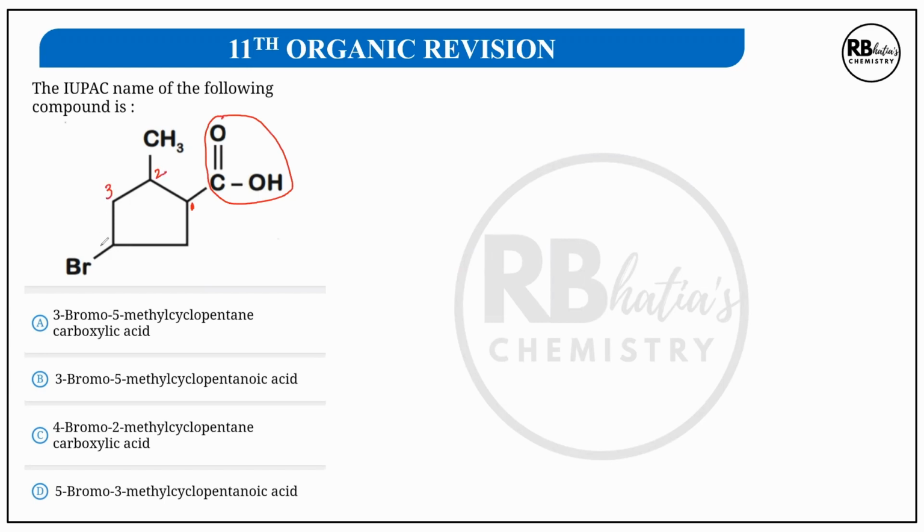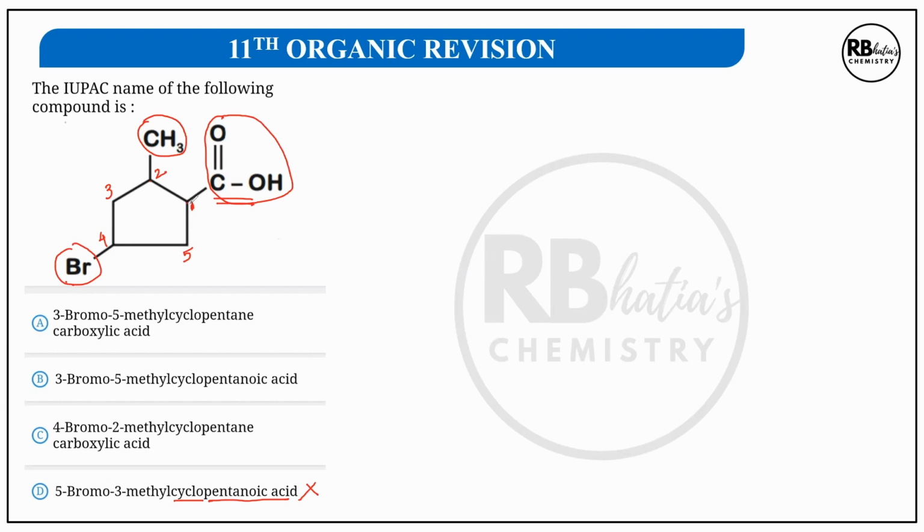Lowest locant rule. So we will move like this so that this gets the smallest number. Now bromo and methyl are the two substituents. B, bromo, comes alphabetically first. This has to be cyclopentane as the word root. So we cannot name the compound as cyclopentanoic acid. Okay, we will not name it that way.